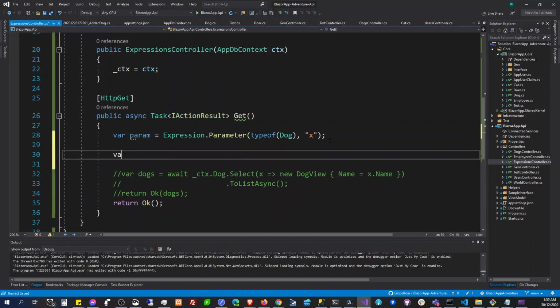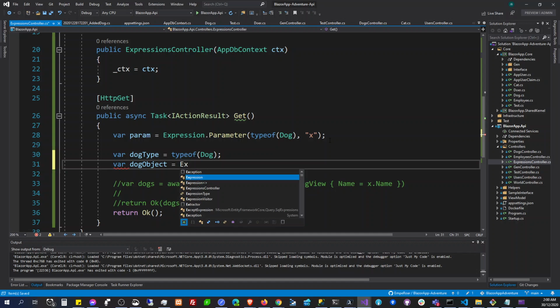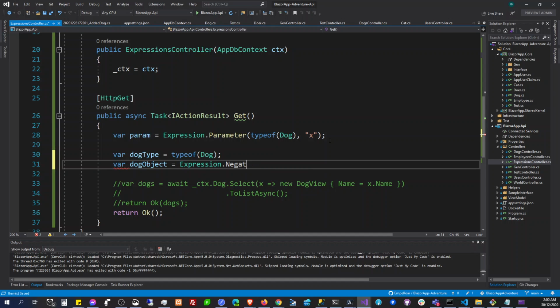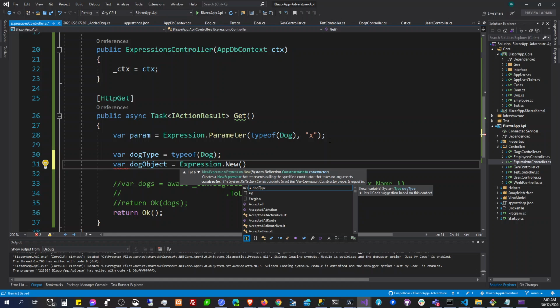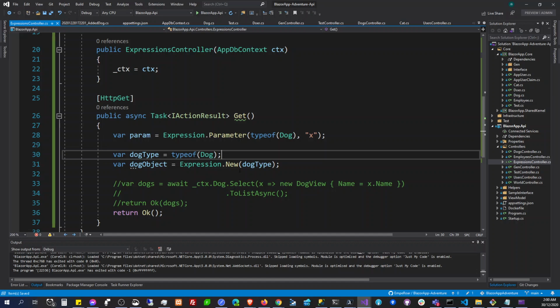And then we're going to get the type of dog. Dog type is equals to type of dog. Okay, and then we're going to get an object here. So it's gonna be an expression, an object expression. So new dog type. Okay, so we're going to create an object out of that type here using expression. So this is going to be a new dog,